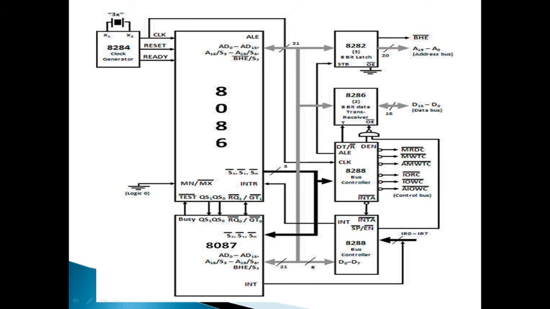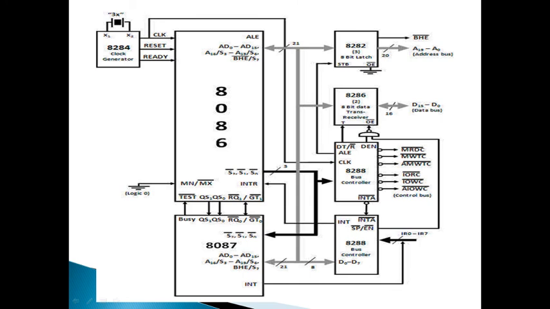If the 8086 requires the result of the 8087 operation, it first executes a wait instruction. Wait makes the microprocessor check the test bar pin. If the test pin is high, the 8087 is busy, then the microprocessor enters the wait state. It comes out of it only when test bar is low. Test bar low means the 8087 is not busy and has finished its execution. Thus the 8086 gets the correct result of the 8087 operation.